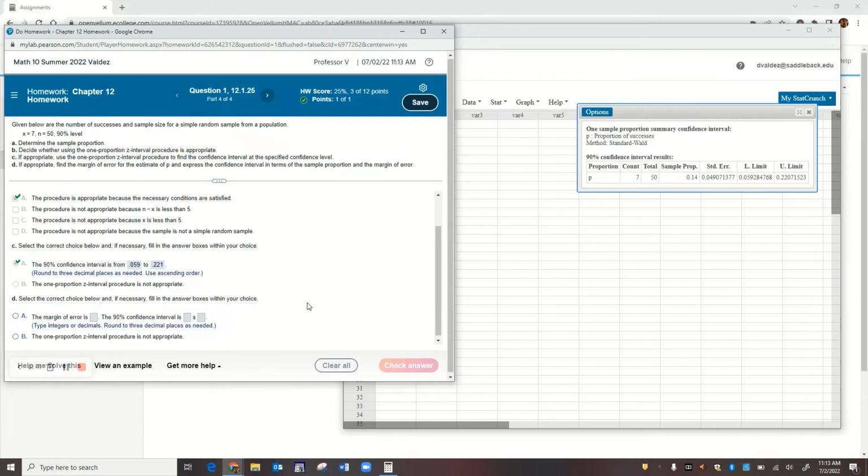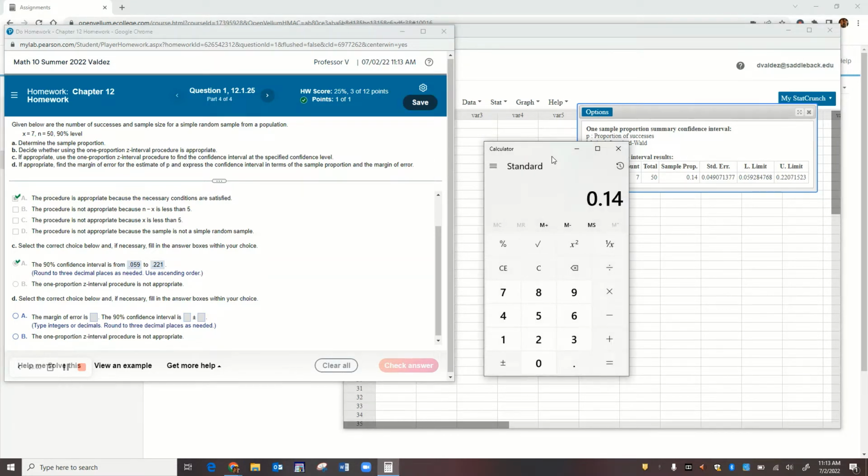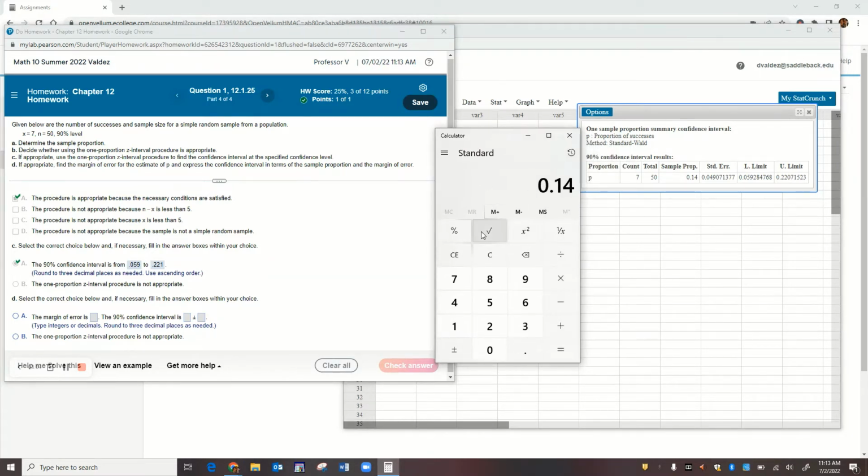Then they want us to find the margin of error. So to get the margin of error, what you do is you're going to find the difference between the upper limit and the lower limit for your confidence interval, and then divide that by 2. That'll give you the margin of error. We've talked about that before. So I'm going to take 0.221, subtract 0.059, upper limit minus lower limit, cut that in half, divide by 2, that's my margin of error. So it's